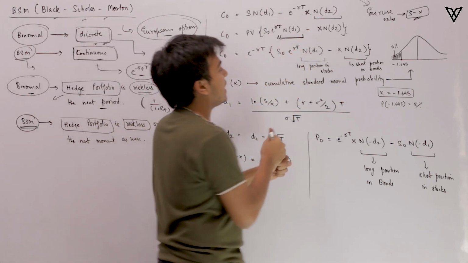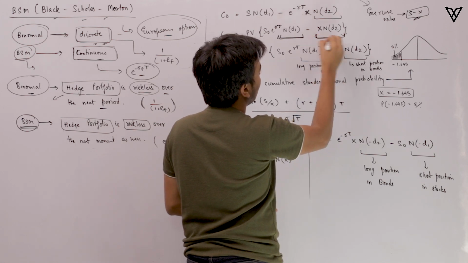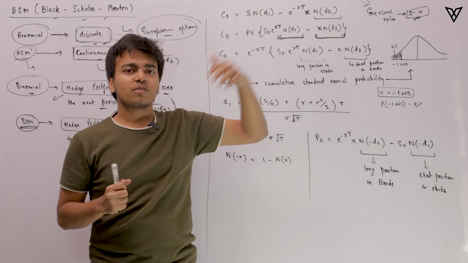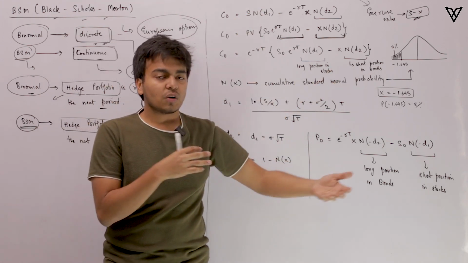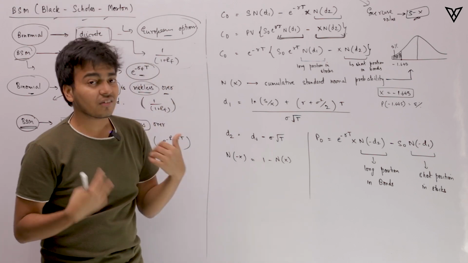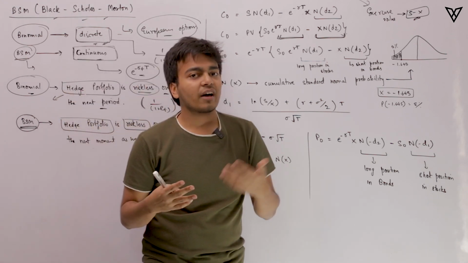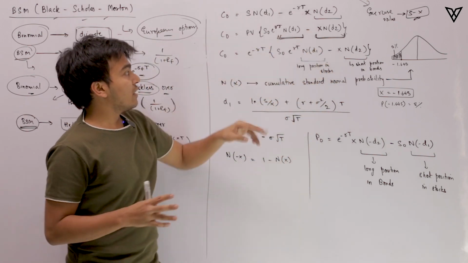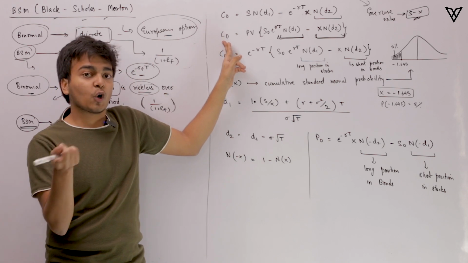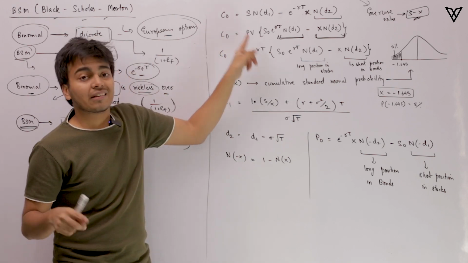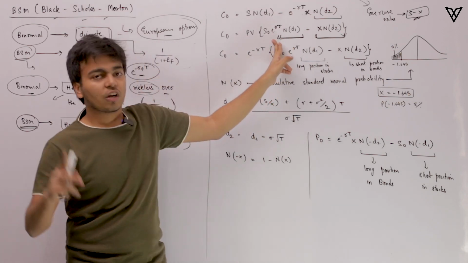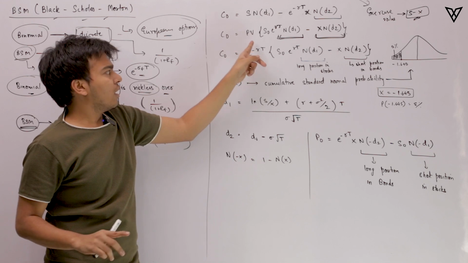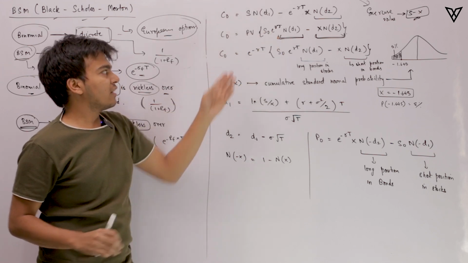Alright, minus X N(d2). Minus X N(d2) is basically the amount that you'll be requiring at time period T. Since you have taken a long position in the stock, you will not be paying money out of your own pocket since it is in the hedge portfolio. So what kind of money you'll be requiring at time period T is something that you have figured out here. Alright, now since we are trying to figure out the value of the call option at time period 0, what we'll do is we'll discount these numbers which we are talking about at time period T. Alright, how do you discount it? You are simply applying the PV formula behind the bracket.